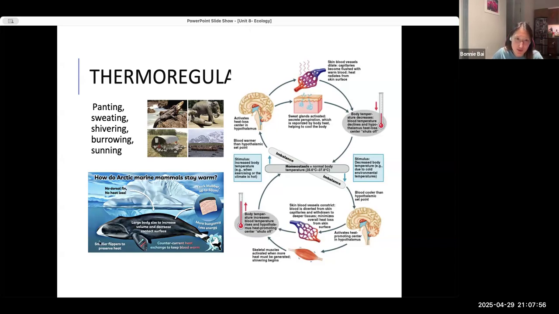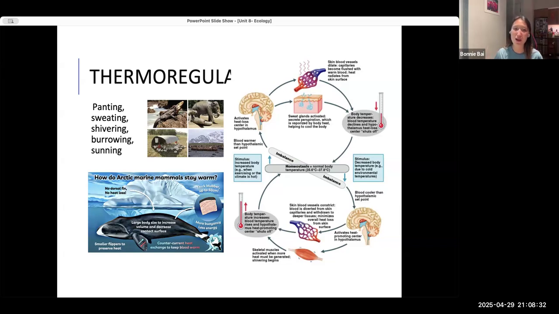So that's the one on the bottom where it says smaller flippers to preserve heat. No dorsal fin at all, so no heat loss over there at all. Something called countercurrent heat exchange. Essentially, your blood flows through the end parts of your limb. How the system works is it goes this way and it comes back right next to it. That's how the blood flows. So the warm blood goes this way and cold blood goes this way, but as the cold blood is going back this way, it's also heated up by the warm blood going this way.